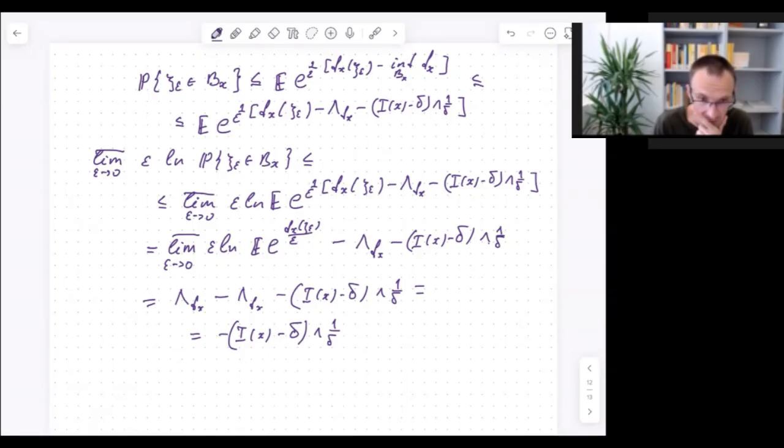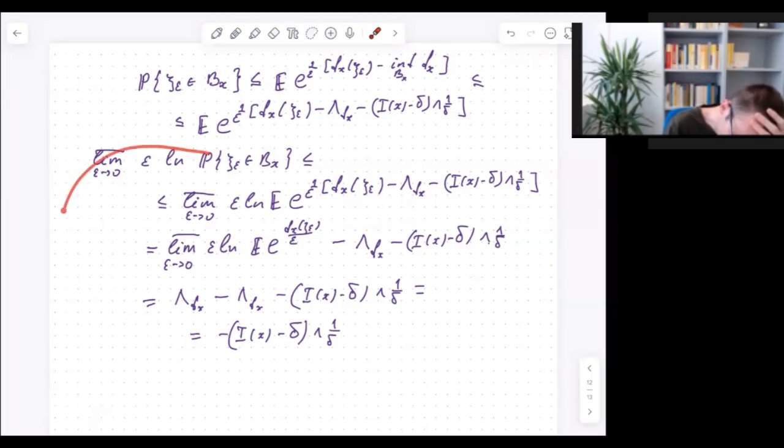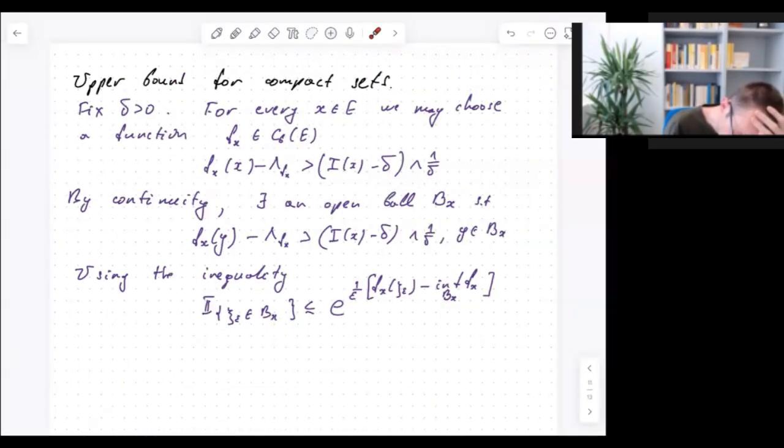Okay, and now just to finish the upper bound, first of all, we showed that for some ball at point x, we got this upper bound, and now we want to use the upper bound for compact sets. But you know that every compact set we can cover by a finite number of balls. So by the way, first of all, I want to say that this estimate you can get for every x from the space E, because here when we fix delta and then we fix S, that was an arbitrary x,